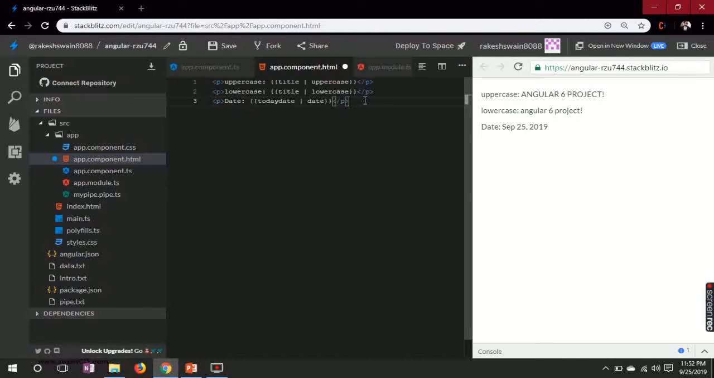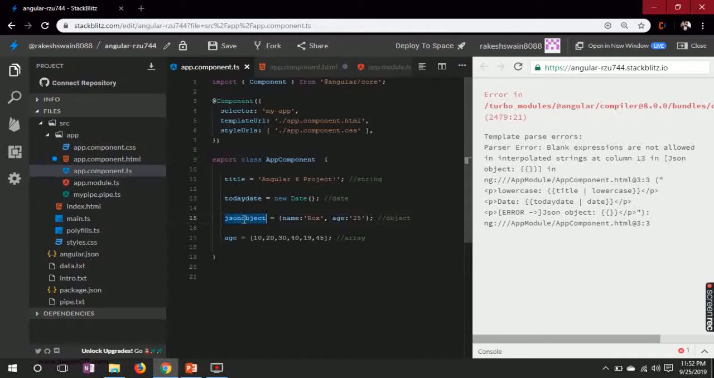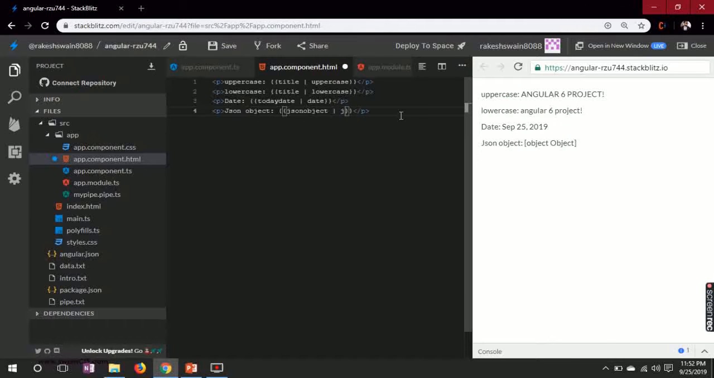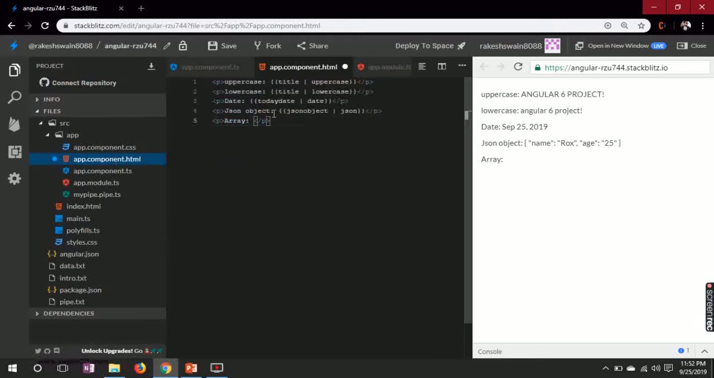For the JSON object, what you need to do is call the object name, put it here, and then JSON. You can see I have the complete JSON. Similarly, for an array you can use a method called slice. This is my array age. What I want to do is